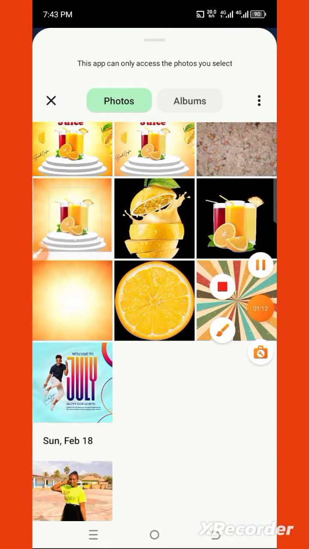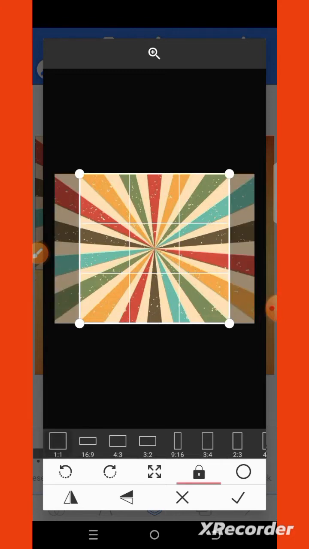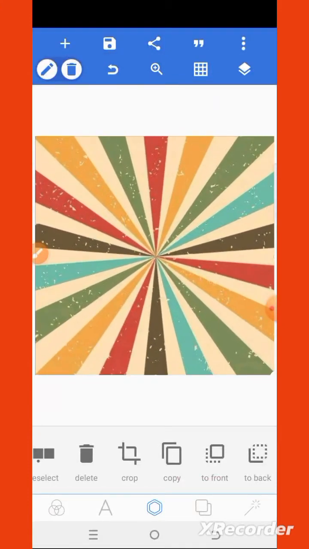So use this background. We'll copy it like this. You tap on the one ratio. So you mark it and you